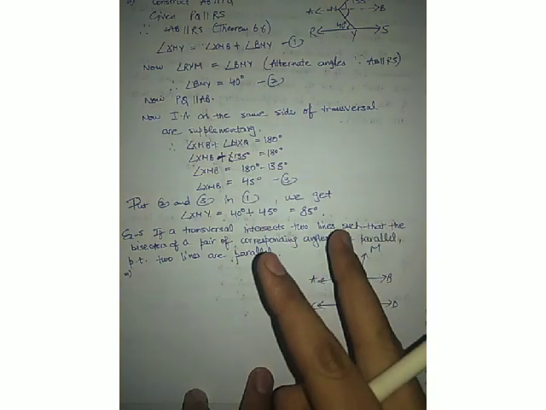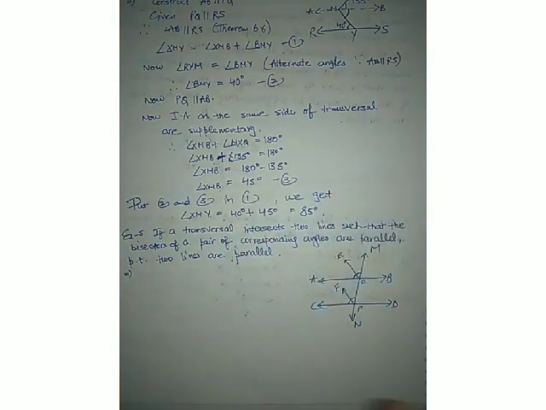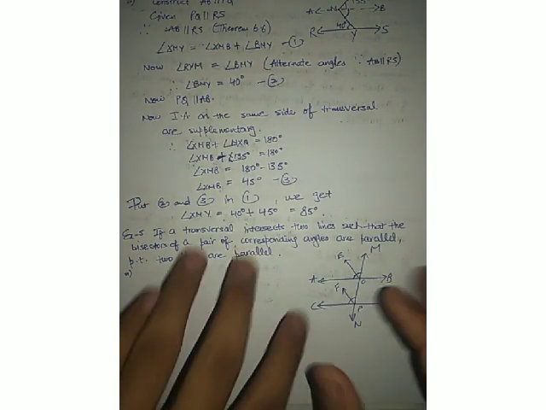So if you want to prove that these two lines are parallel, you have to prove the corresponding angles are equal, or the alternate angles are equal, or the interior angles on the same side of the transversal are supplementary. You can prove any of these three. Firstly, whenever in a sum the bisectors are given, we have to use those bisectors. It's very clear that we will use the bisectors to solve the sum, because there is always a purpose for everything that is given in the statement.